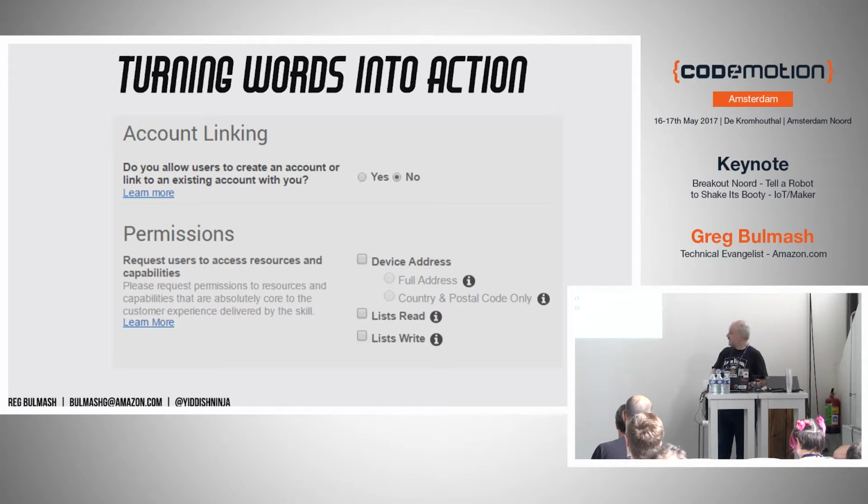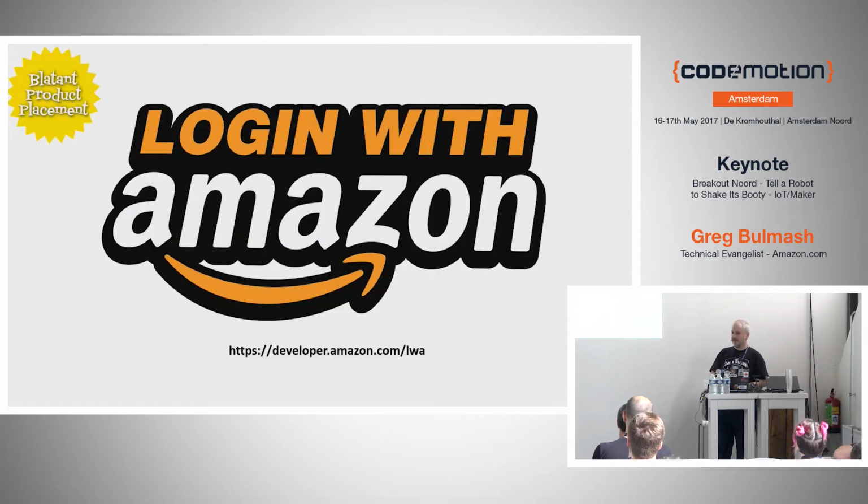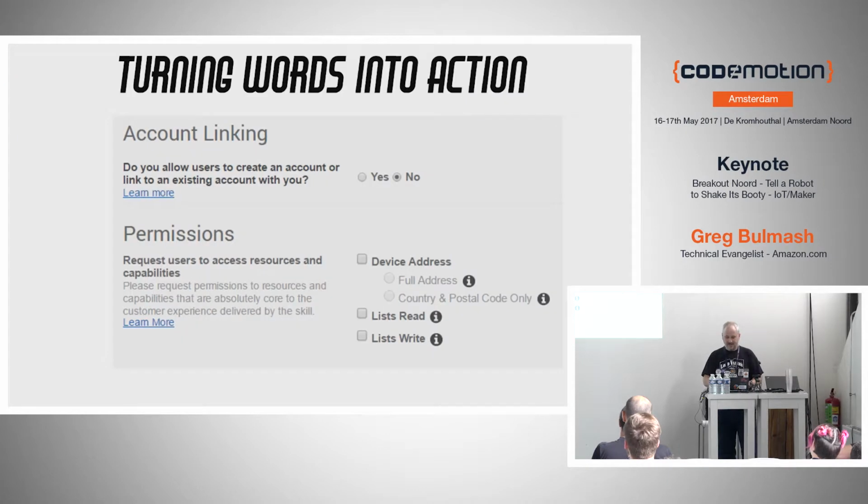Also in the configuration, you'll see account linking, and this is where you can get a unique identifier and a bit of profile information based on the user's Amazon account, and that uses Login with Amazon. Because this is a very purpose-built demo, I did not actually put that into my skill,